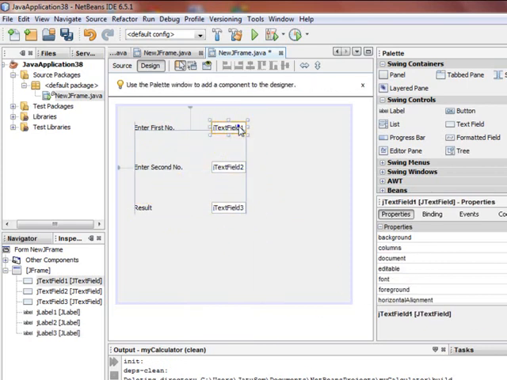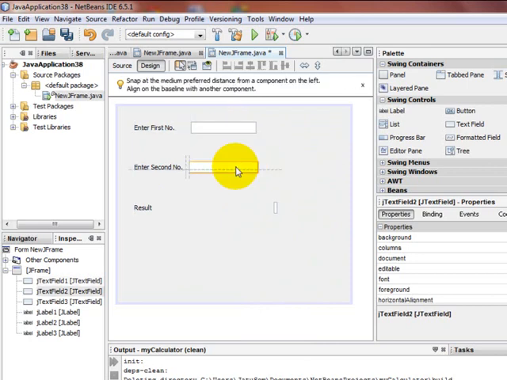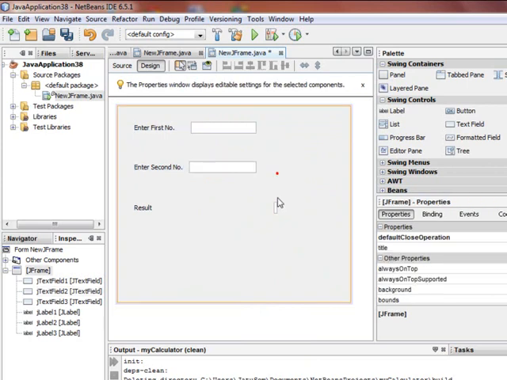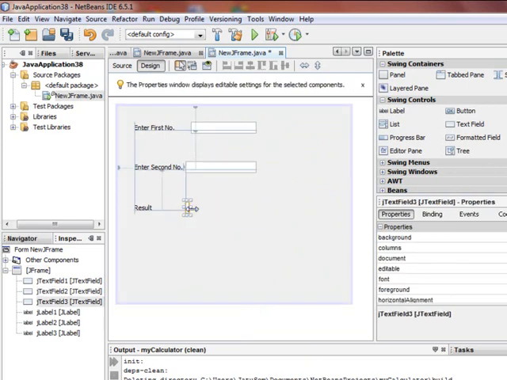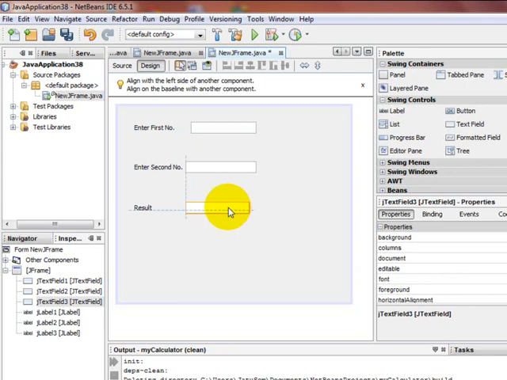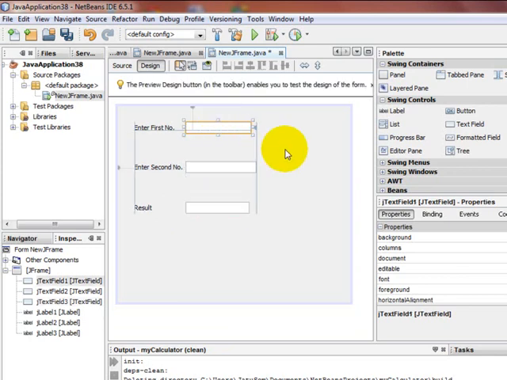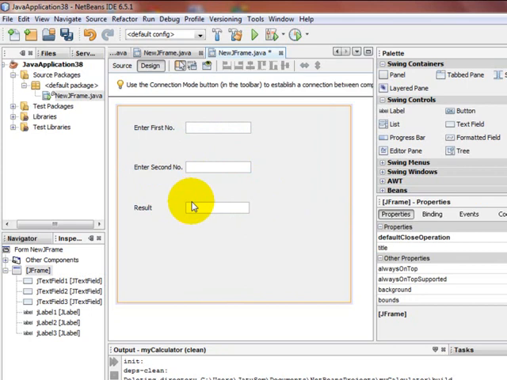Okay, we have to clear the text of the text fields and we have to resize them. Okay, now we want to take